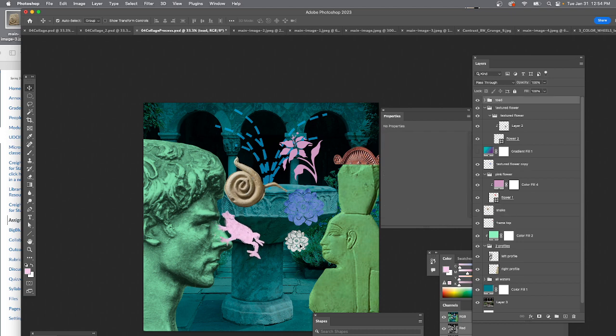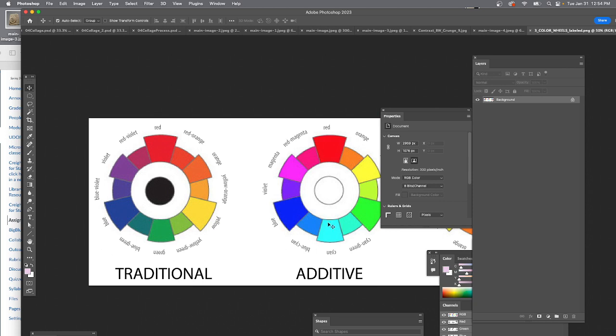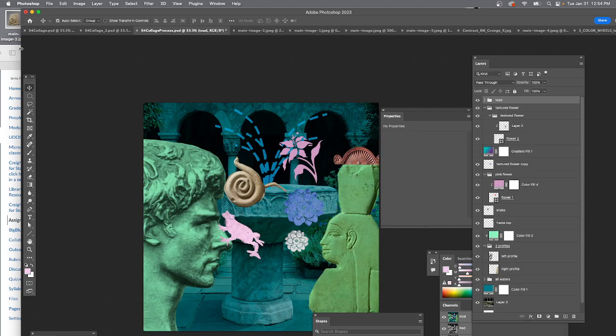But for right now, I'm close to the end and I have somewhat of a color scheme going, but it's been arbitrary so far. I kind of made this go farther back, this come a little closer. These are green and blue, kind of close to each other on the color wheel. So if I want a complementary color scheme going on, I'd want to pick something across from each other on the color wheel. So just remember that